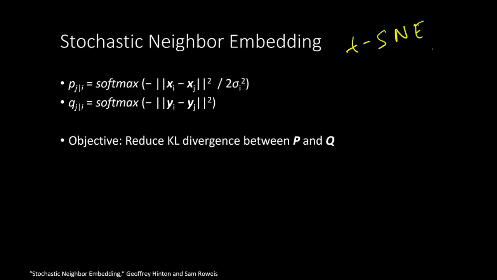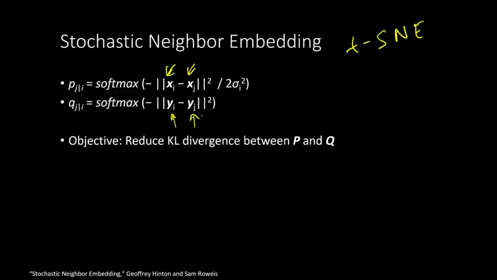The idea is that if we look at each point xi with respect to every other point xj, and we find some other lower dimensional representation for these points xi and xj, then their neighborhoods should look the same in terms of distances. So what does that mean? What does the neighborhood looking the same in terms of distances mean?